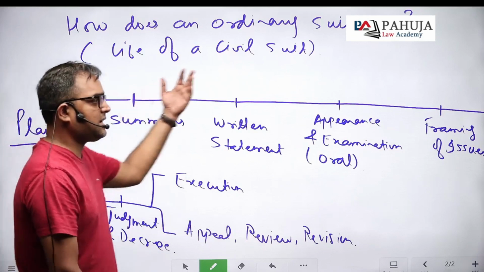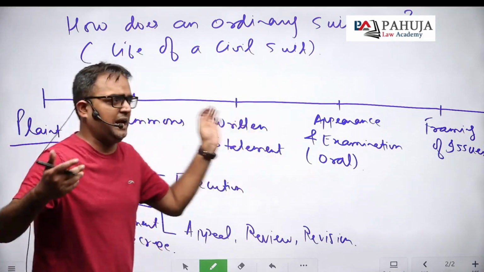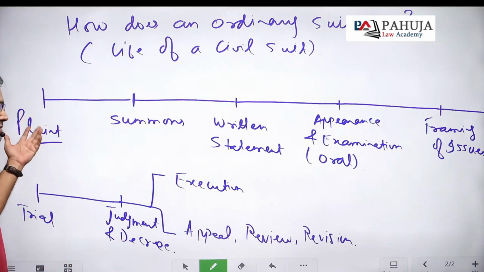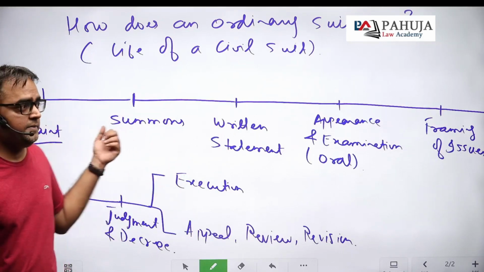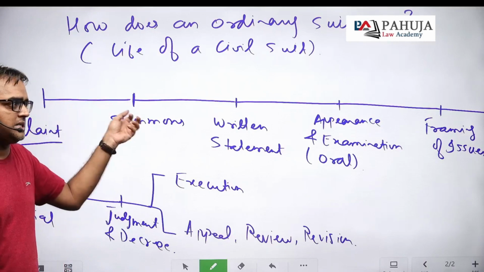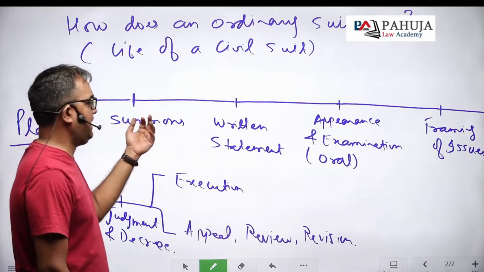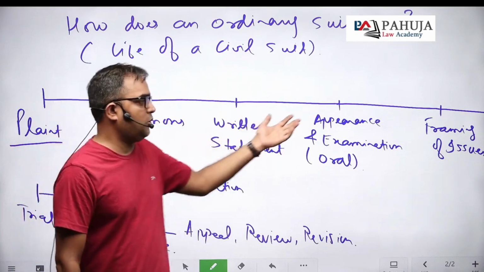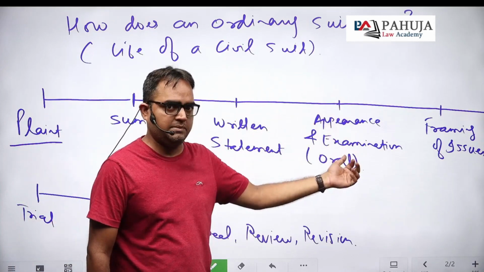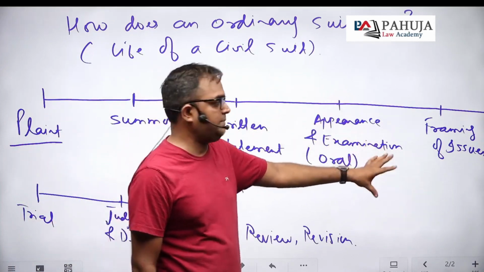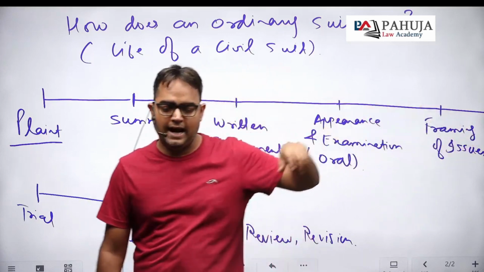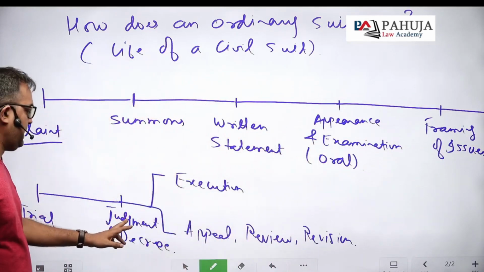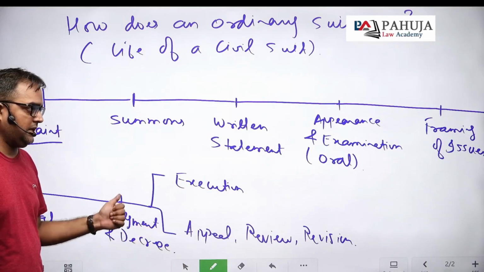So this is the complete timeline, or the basic timeline on which an ordinary suit runs, right? It will start with the filing of the plaint, and after the plaint has been filed, a summons will be served upon the defendant, and then a written statement will be filed by the defendant, and then the court will ask both the parties to appear and examine them orally. After the court has examined them, the court will frame the issues, and the issues will then be put to trial, right? At the end of the trial, there will be a judgment,